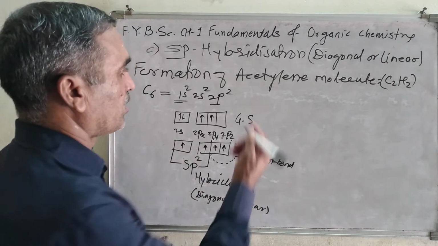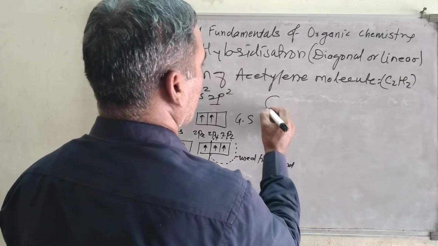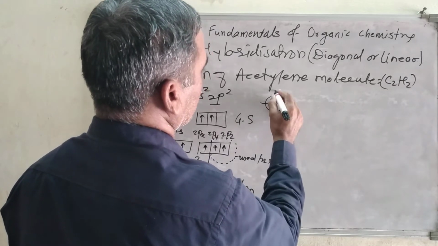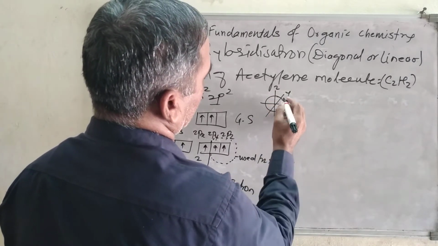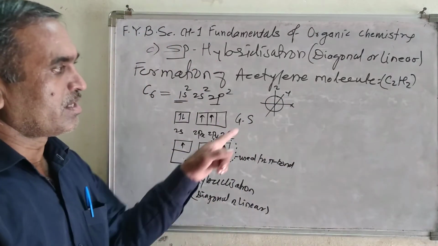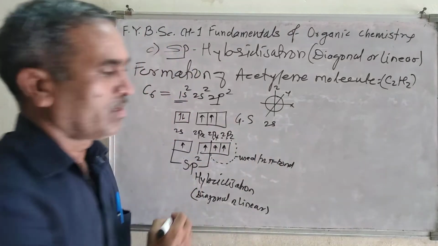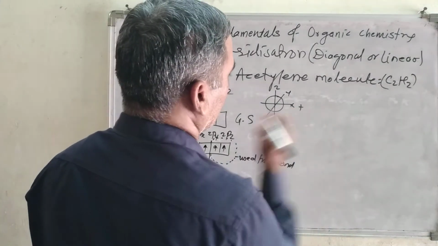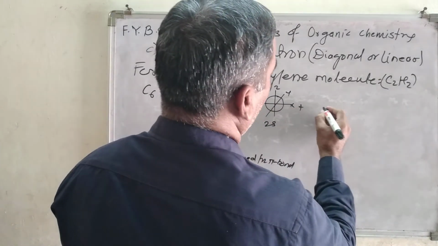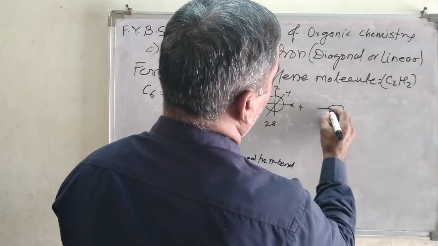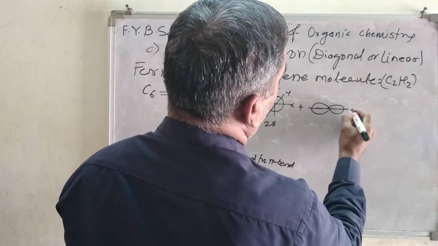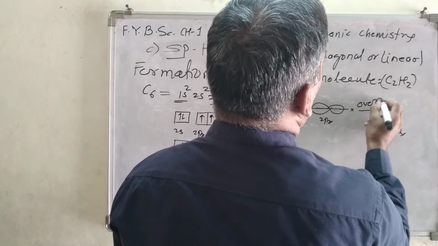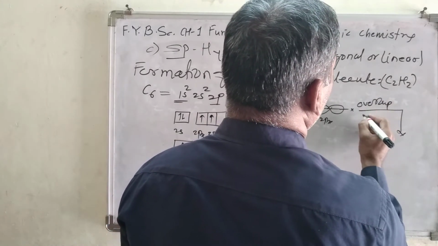Now look at the s orbital. As we know, the s orbital has a spherical shape, which is very simple, and there are three axes, x, y and z, shown like this. The electron density along all the axes is identical. Now this s orbital combines with a p orbital, let us see the 2px orbital like this, this is the 2px orbital, they overlap, or you can call it hybridize.